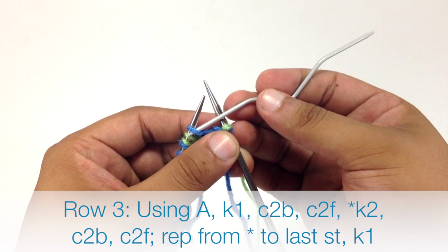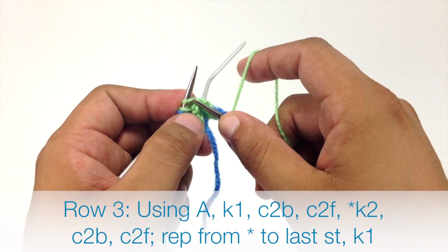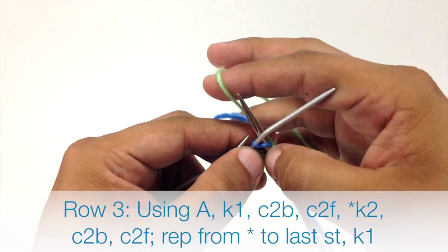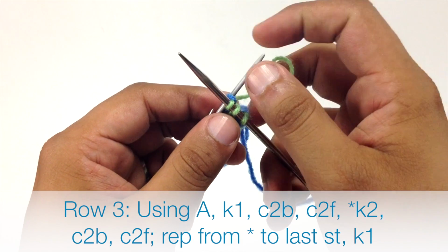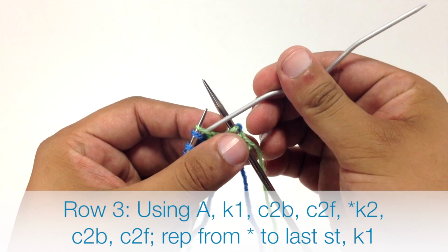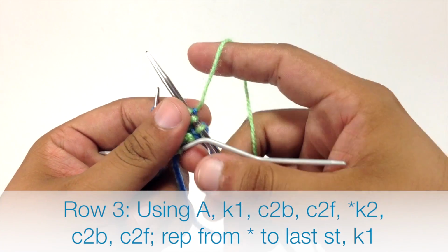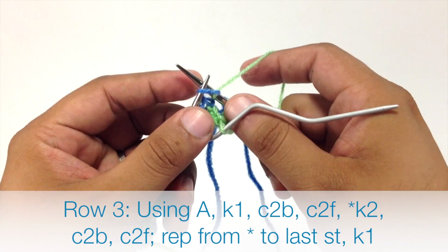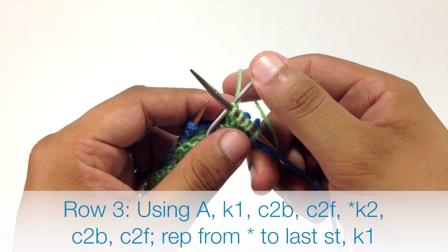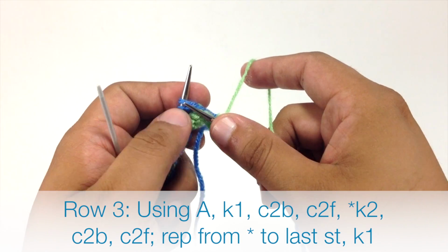So we're going to slip the first stitch off of our main needle, hold that behind our work, then we're going to knit the next stitch off of our main needle, then we will knit the stitch off of our cable needle. Okay, then we're going to do a cable to front. So just the opposite of this, we'll slip the next stitch onto our cable needle, hold that in front. Then we're going to knit the next stitch off of our main needle, and we will knit the stitch off of our cable needle. All right, now we're going to start our repeat, and we'll do that by knitting 2,